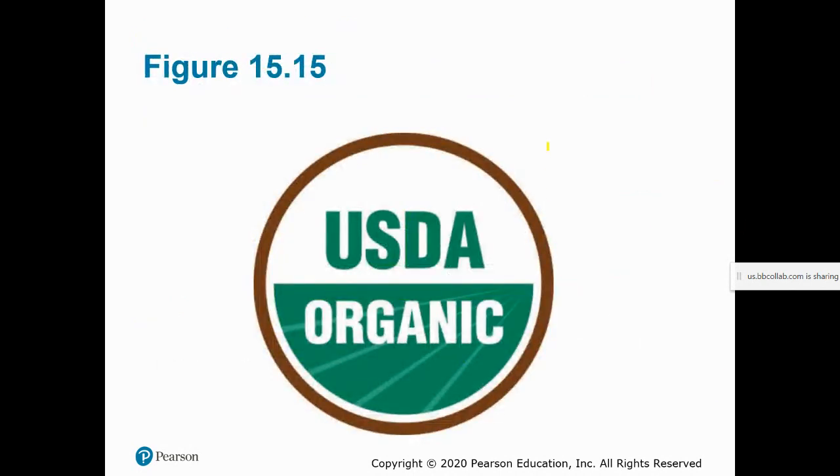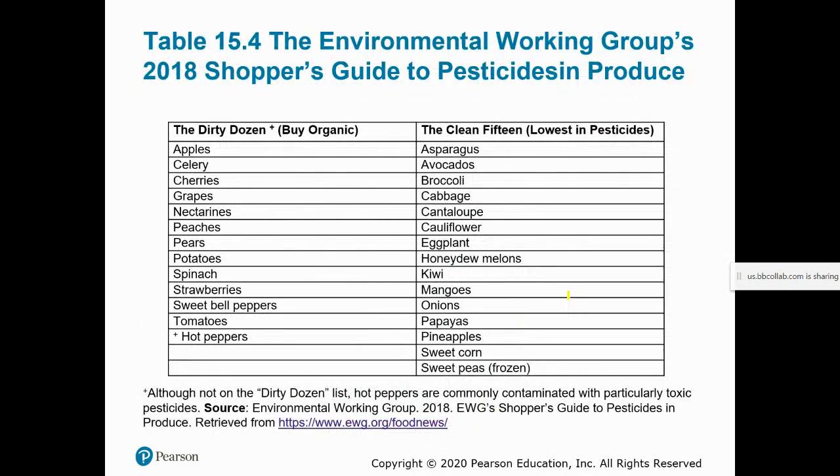And so you can look for this symbol on your foods. I'll put a link to the California organics and the Oregon organics, so you can also take a look at those. And I don't think I put it in lecture, but if you're interested in reducing your intake of genetically modified organisms, you can also look for the non-GMO verified project sticker.